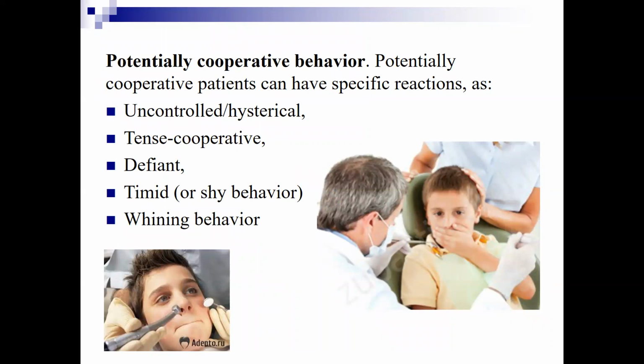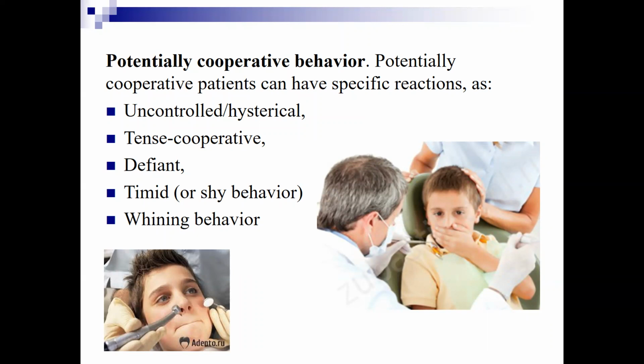Potentially cooperative behavior. Potentially cooperative children have behavior problems. They include children aged 3 through 10 years who are unable to express their fears and anxieties. Their behavior is essentially a reflection of their inability to cope with their anxiety. Potentially cooperative patients show some specific reactions like uncontrolled to hysterical, tense cooperative, defiant,